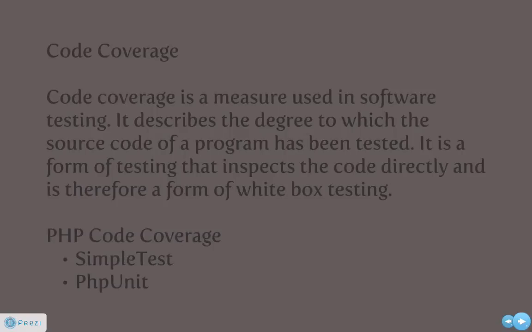Suppose you have a class where you have written 5 functions. For those 5 functions, if you have written only two or three unit tests, the code coverage will tell you that you have covered only 55% of your code. Ideally, you have to complete at least 70 to 80% coverage. So it gives you a report for that particular code, showing how much you've covered with unit tests.